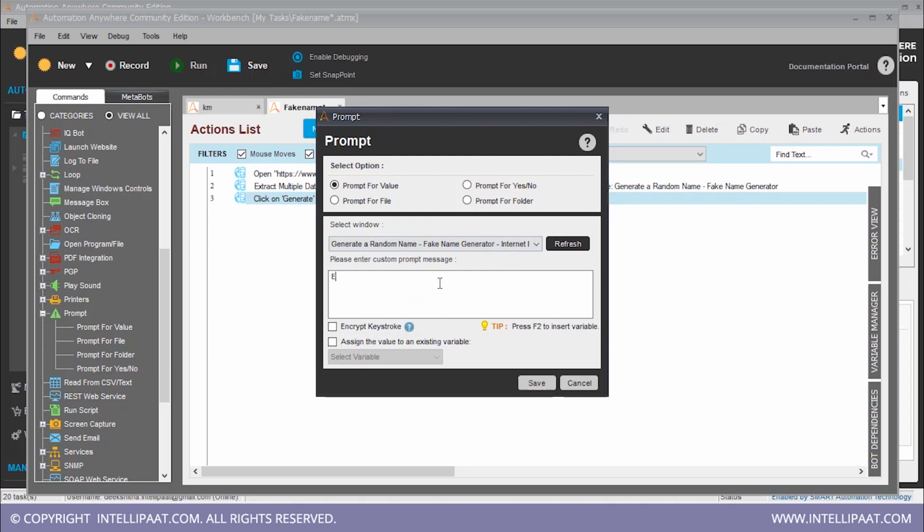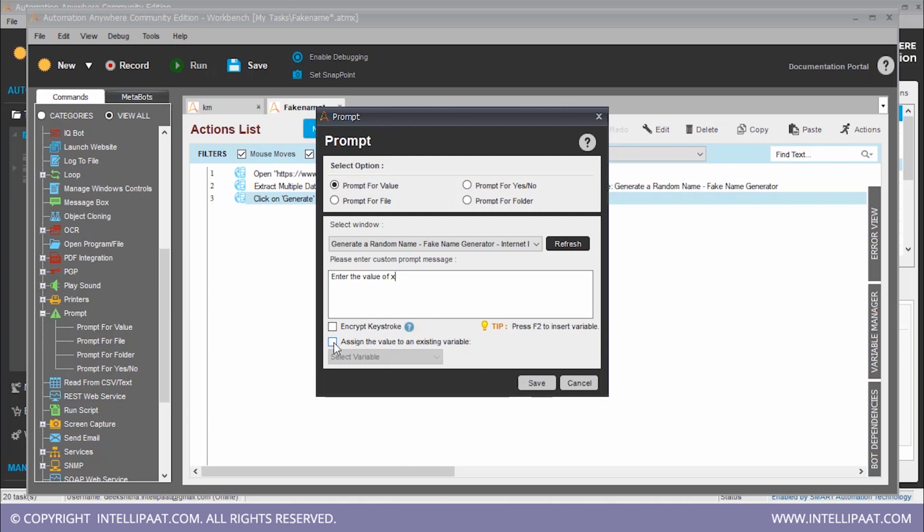Enter a prompt message: enter the value of X. So what exactly is X right now? X is the number of names and phone numbers that we want. Basically, the number of times generate has to be pressed, and when it moves to the next page, it has to again take the information. So that's when the for loop has to end.